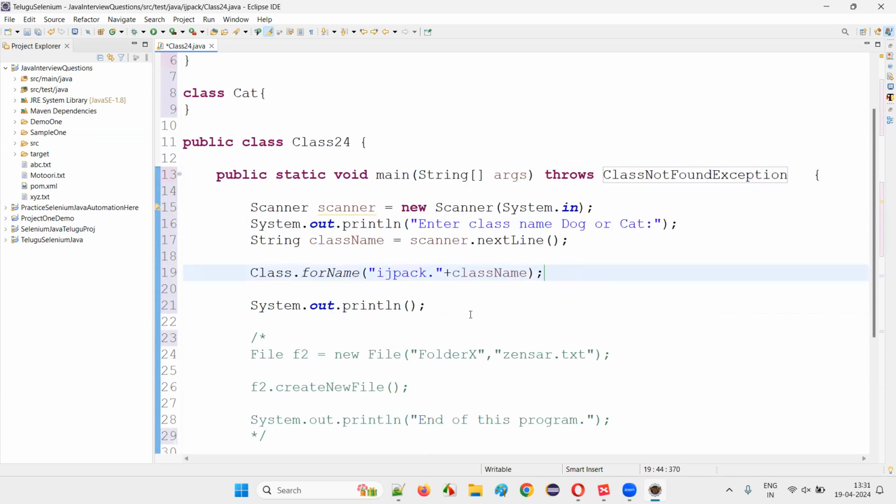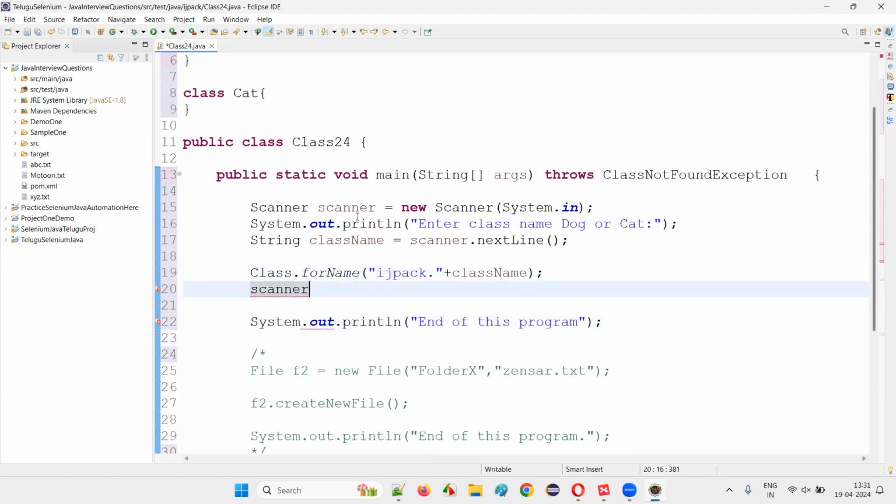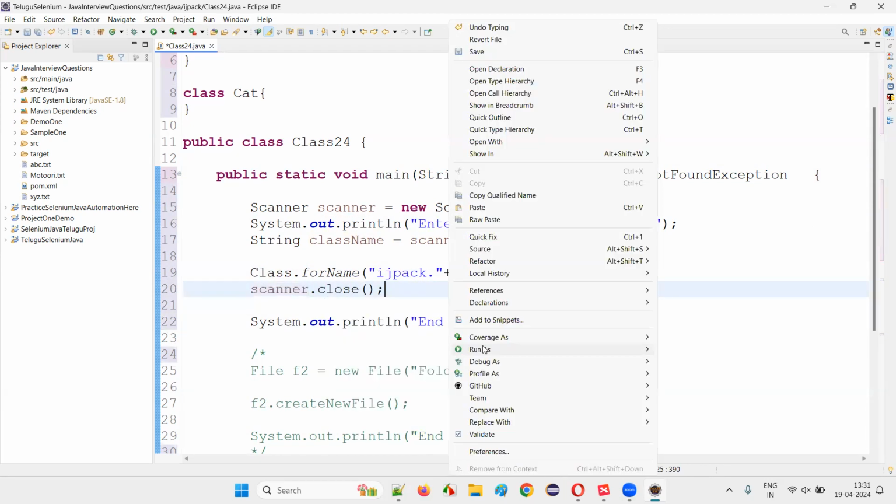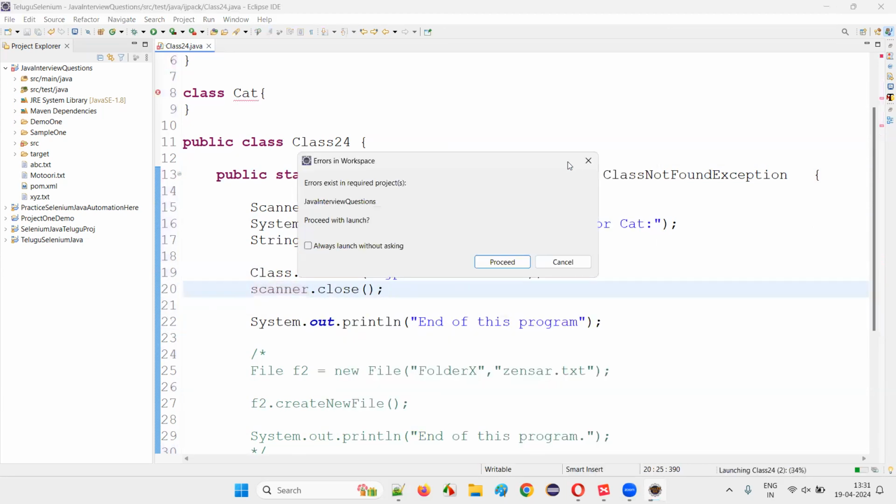I would like to take a chance and see what is happening. Here, at the end of this program, I'll print "end of this program". And here I'll close the Scanner object. This warning message I have to close, guys. scanner.close() is there. So that's it. And run the code here: right click, run as Java application, and observe that the user will be asked